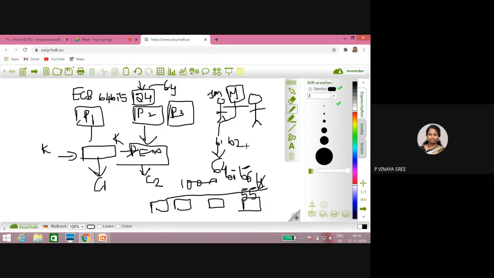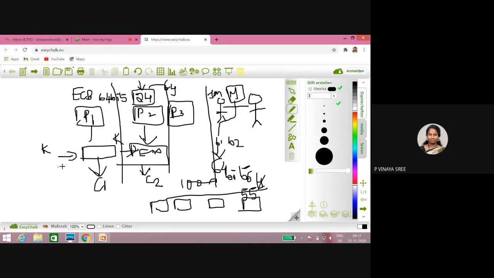This is the process for any type of block cipher. In electronic code book, we take the plain text of size 64, and with the help of a key we encrypt it. Finally, we get a ciphertext. In the same way, we take the other block, convert it with the help of a key, and get a ciphertext. So all are independent of each other. There is no link.